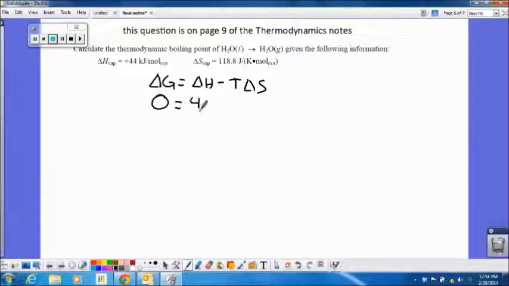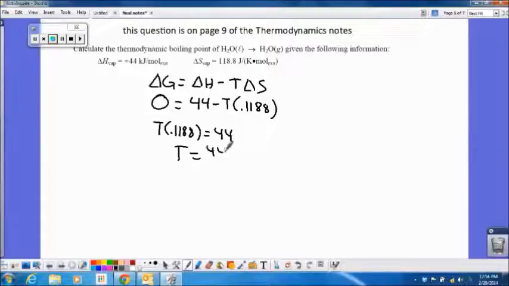And that's equal to delta H minus T delta S. Okay, so the next thing I can do is add T times 0.1188 to both sides, I get T times 0.1188 equals 44. So the temperature equals 44 divided by 0.1188, which equals